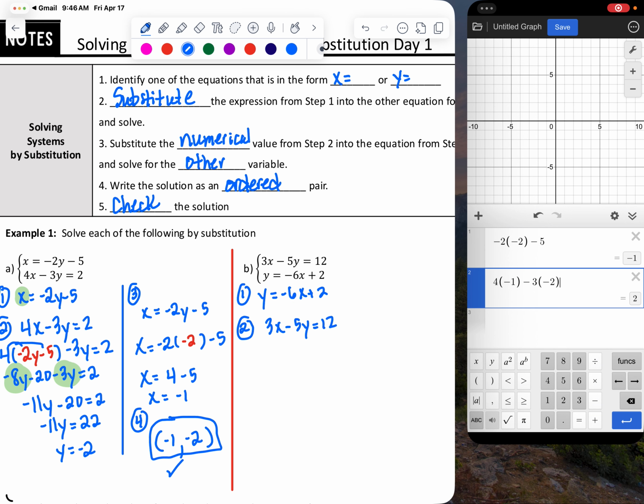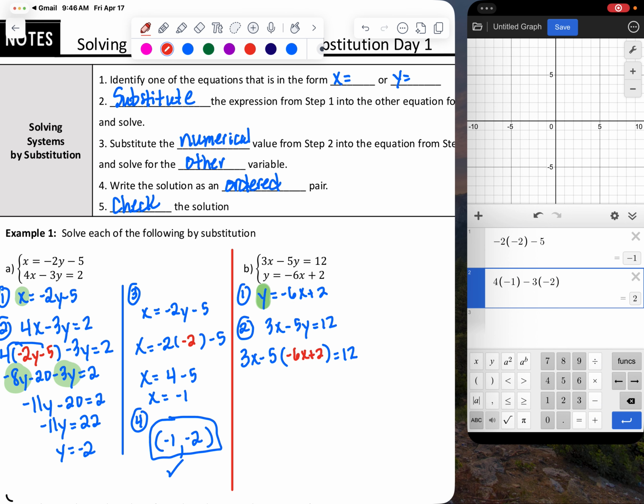Now you're going to replace one of these variables with parentheses. How do you know where to put the parentheses? Well, it depends on what variable was solved for. In this case, it's y. So that tells you where to put the parentheses. So 3x minus 5, big parenthesis, is equal to 12. Now, substitute in the expression from step 1, negative 6x